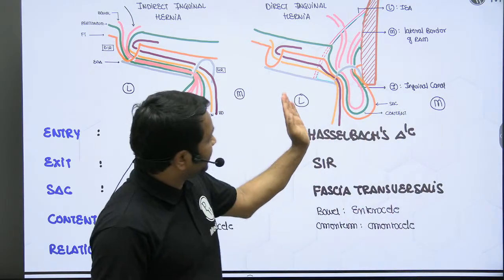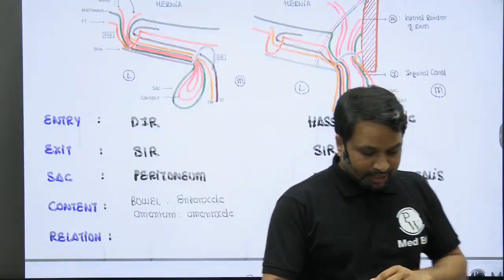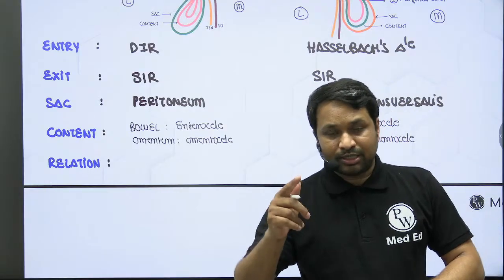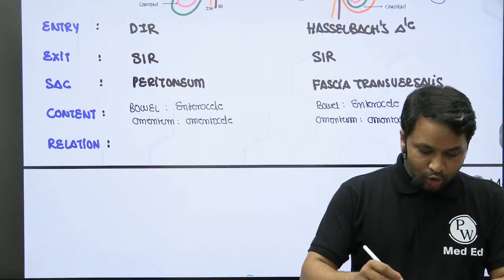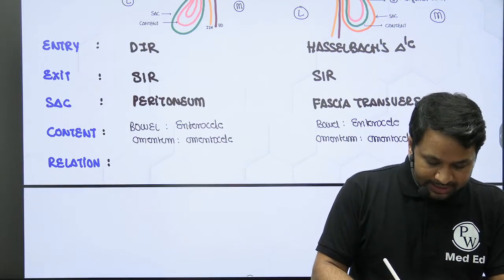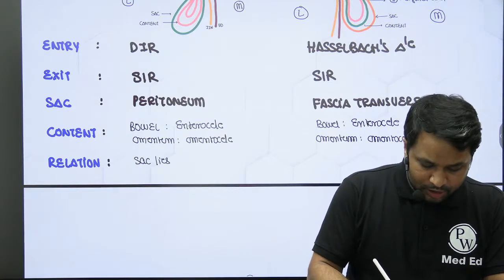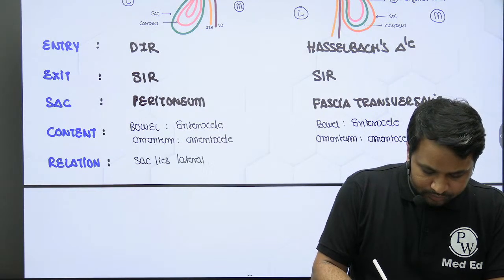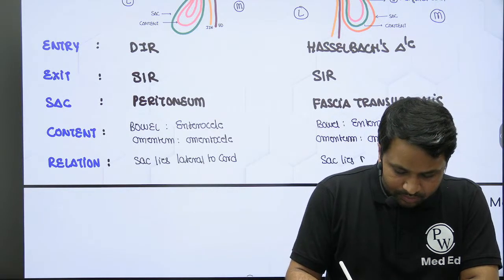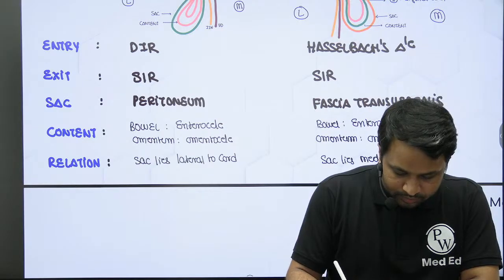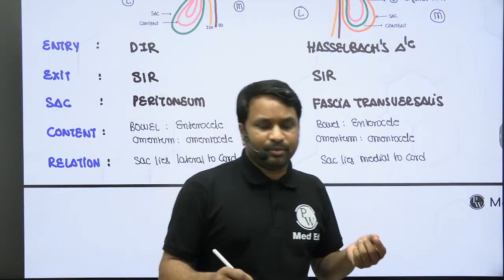ठीक है. तो यहाँ पे आप देख रहे हो sac is going to be medial to the cord, and this is what you need to remember, that in relationship. Not the one that you are thinking. ये हर्निया का रिलेशनशिप है, वैलेंटाइंस डे कल चला गया तो आज पढ़ाई में कॉन्सेंट्रेट करेंगे। तो रिलेशनशिप we are talking about here, the sac lies lateral to the cord। यहां रिलेशन में आप बोलोगे sac lies medial to the cord, it is called the medial to the cord।